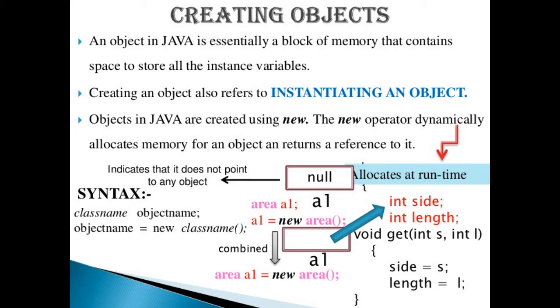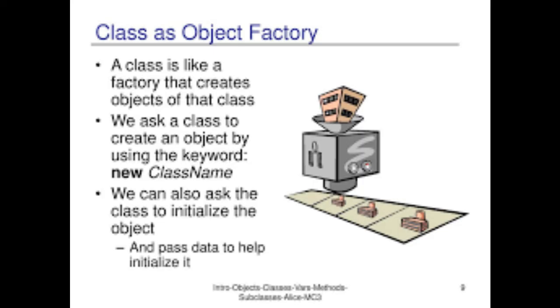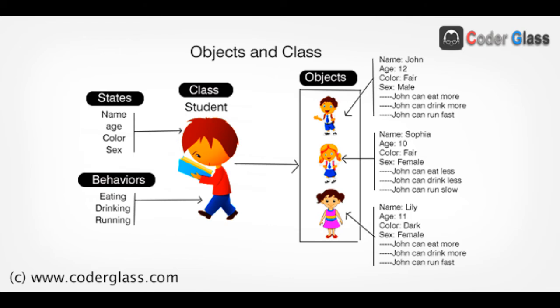Important terms or definitions related with class and objects. So there are mainly three terms or definitions that are related with class as well as object. So first is, we call class an object factory. A class can produce as many objects with similar data type, and that is why it is called an object factory. Okay. Next is the second one, object is an instance of a class.